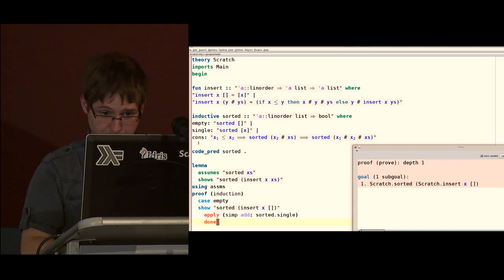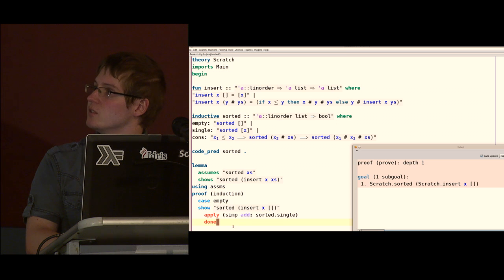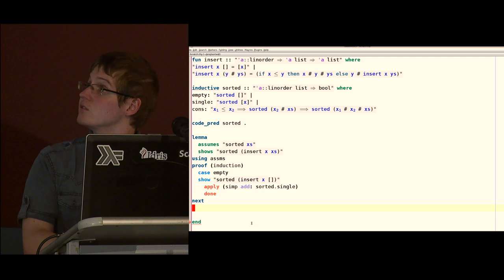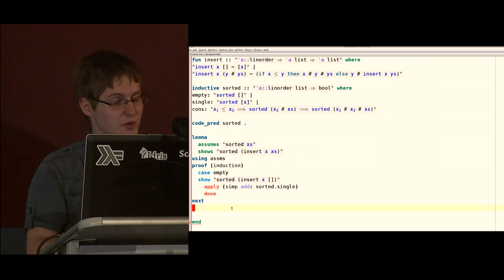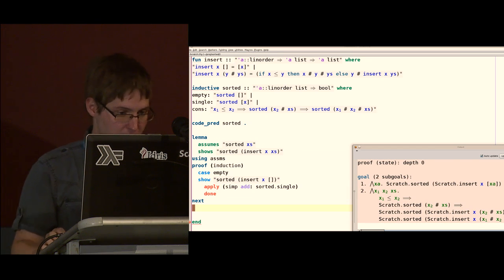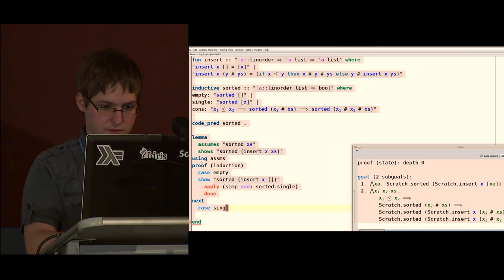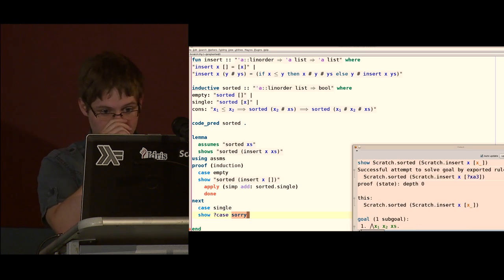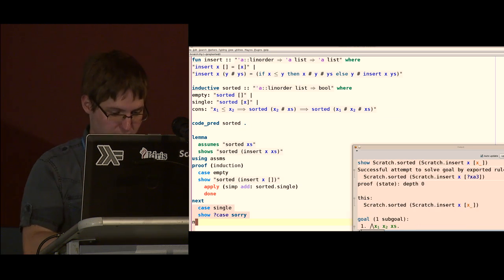Anyway, so this is essentially what the proof looks like in Isabelle. And we could do even more here. We could do all the remaining cases, but I'm not going to bore you with that. If you ever run into a situation where you don't want to prove it right now, there's a trick. You can say case single, and now you can say show case, and you can apologize, and the system will just accept this proof. And we can do that for the other case as well.